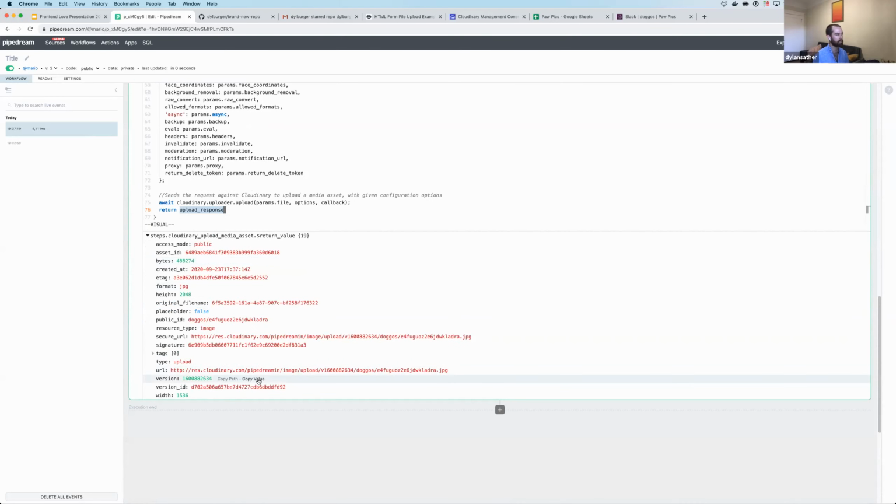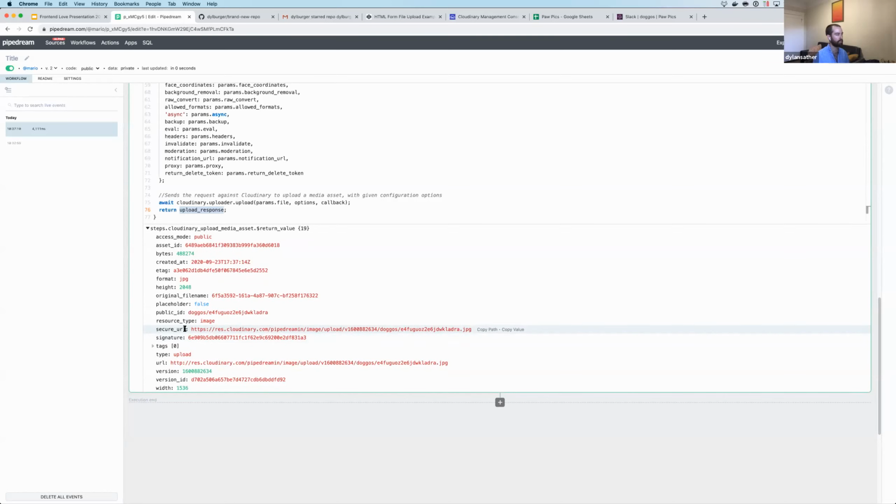So I get access to, for example, the URL that Cloudinary is now hosting that file on. So I have the option to copy that value or copy that path. And in this case, I'm going to copy the path because I want to use the variable steps.cloudinary upload media